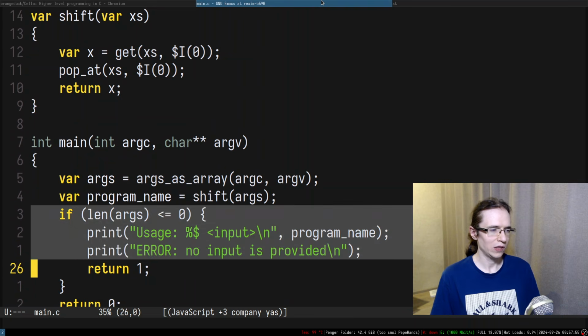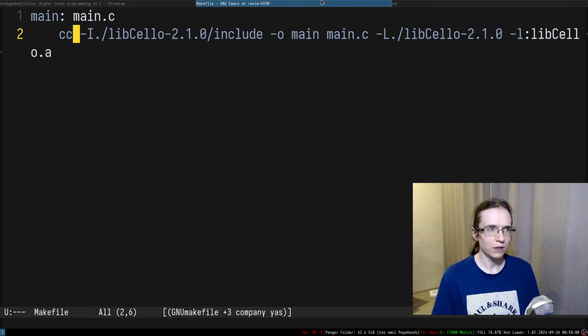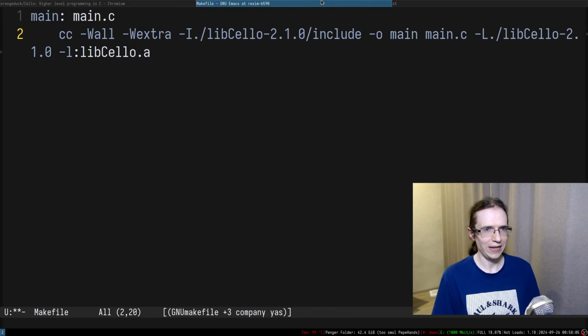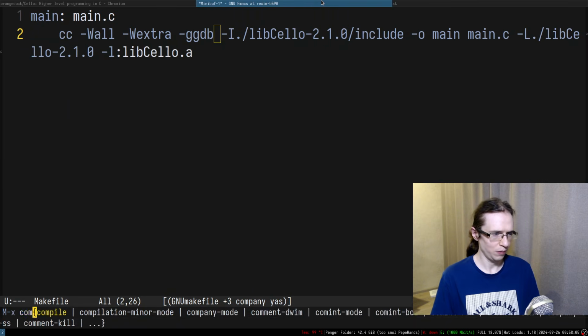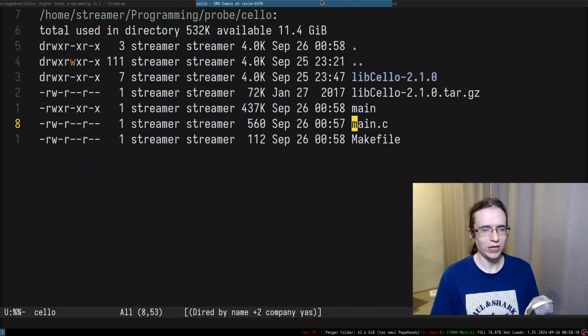Let's try to find out where exactly we can actually compile. What if I enable all of the warnings and all of the extra stuff? Maybe we'll be able to catch something. No, we didn't really catch anything useful, but now at least we are compiling with debug information, so that means